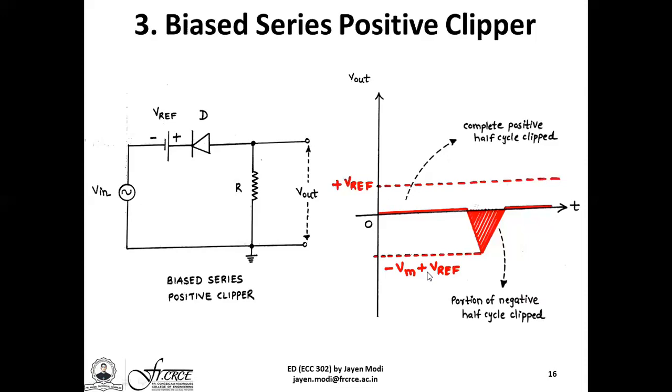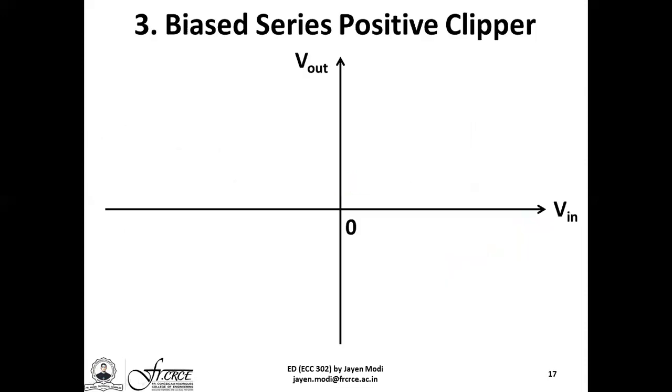Understanding this from the voltage transfer characteristics point of view, the first quadrant again is very simple. Even though your AC input signal Vin stretches up to a positive peak of plus Vm, the diode is effectively reverse biased. That is why there is no AC output signal obtained across the output terminals. However, when the negative half cycle appears,